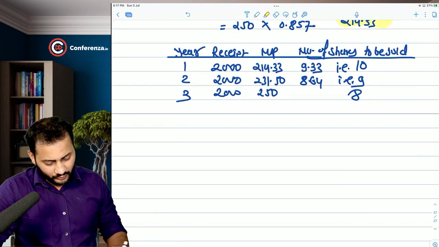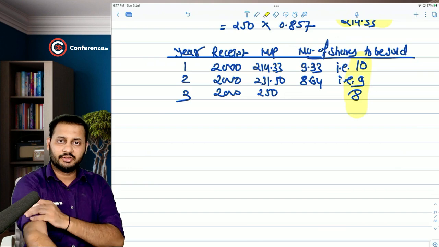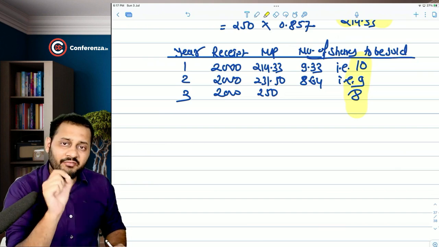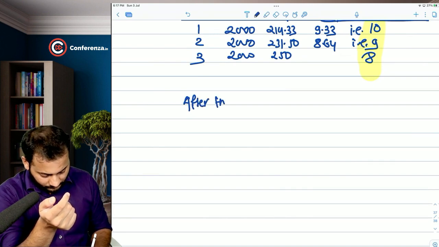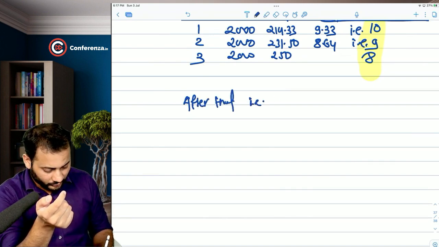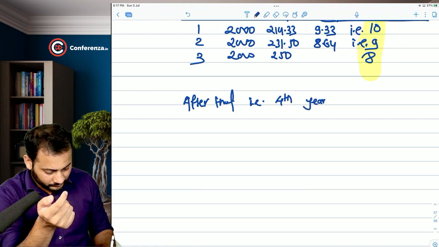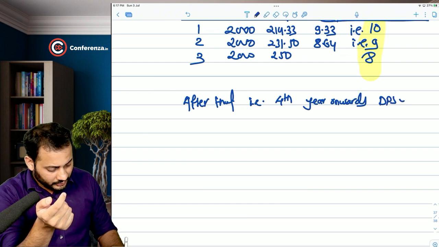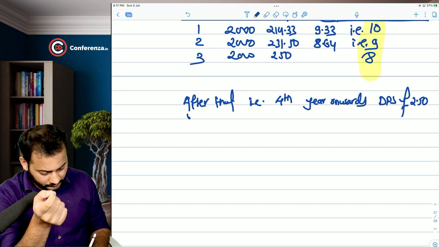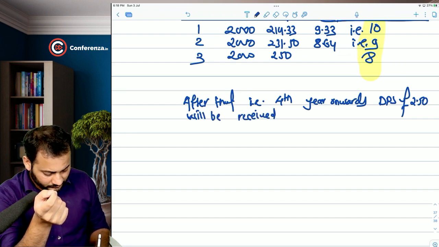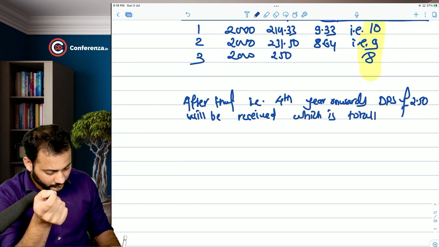So we have to ultimately sell this much of the share to receive 2000 every year, and after that, from 4th year onwards, DPS of 2.5 will be received, which we can say will be received, which is totaling to,